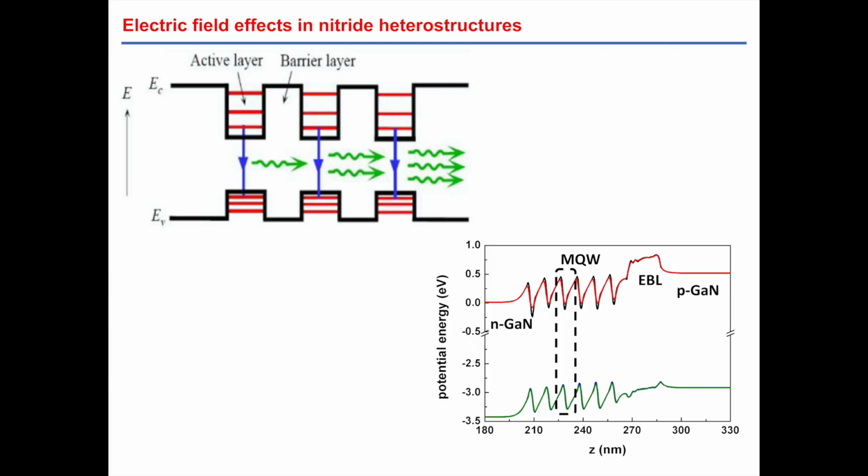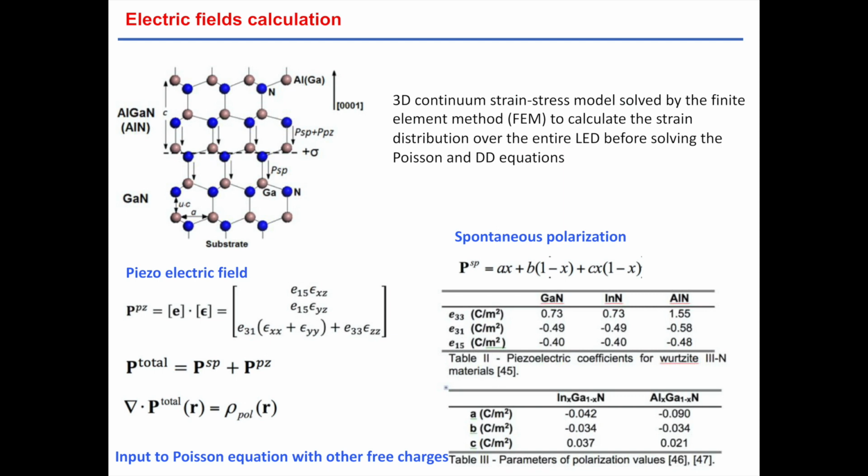I won't discuss this in detail, but what it gives is that instead of having quantum well heterostructures with a well-behaved conduction band and square types of potentials, as you have electric fields, you have this type of spiky potentials instead of the regular, rectangular potentials that you would expect in heterostructures without internal electric fields. So that's another complication that we have to put into the full computations with many parameters.